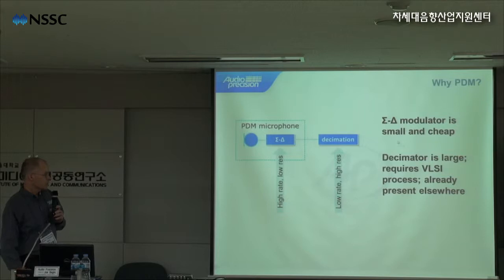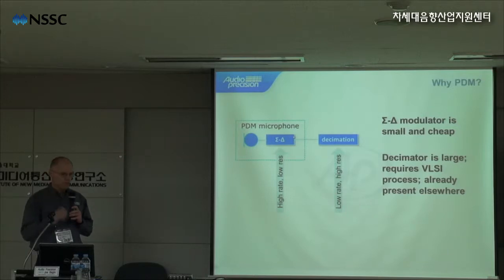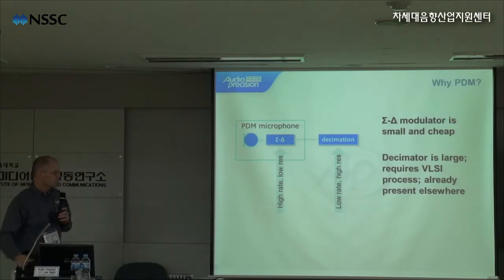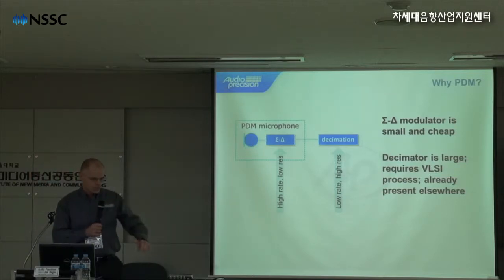outside there's a decimator. So the sigma delta modulator is small and cheap, and it fits inside the tiny little microphone cartridge. The decimator is large, and it requires very large scale integration process, which is already present other places in the hardware. So later on today we're going to be